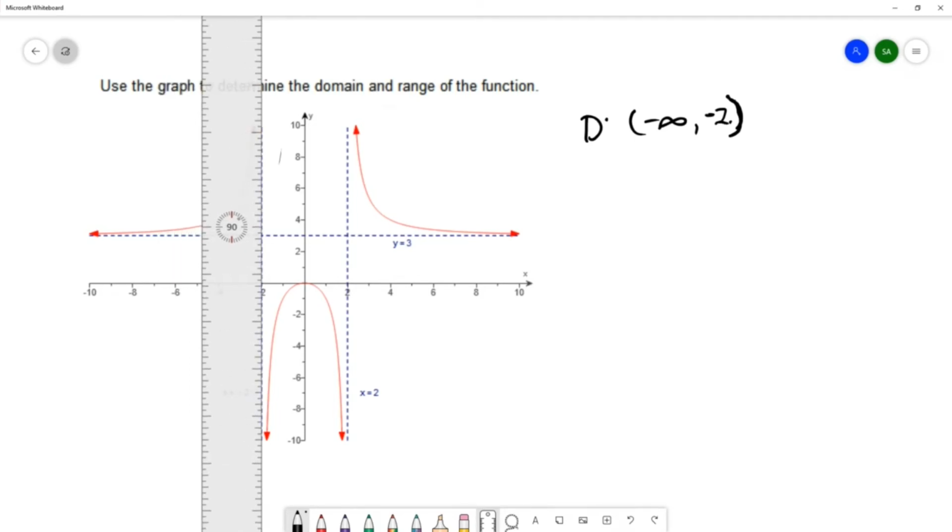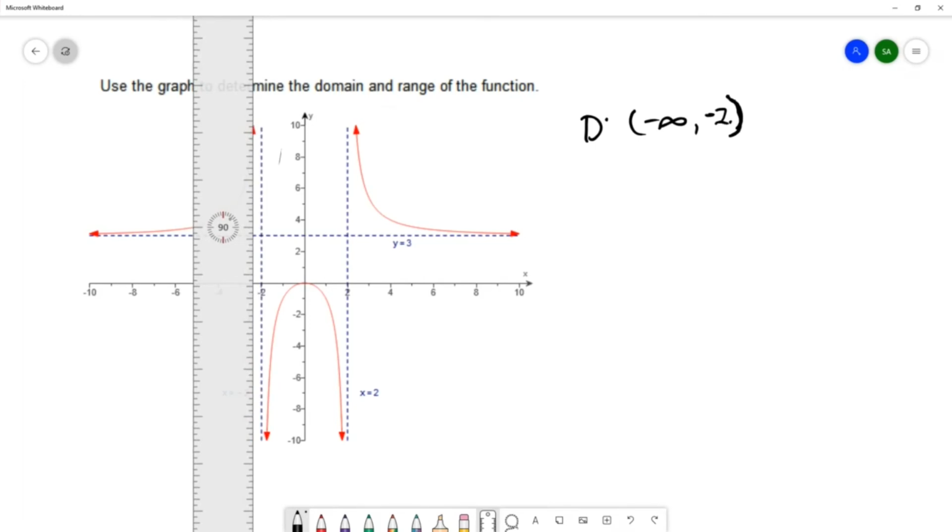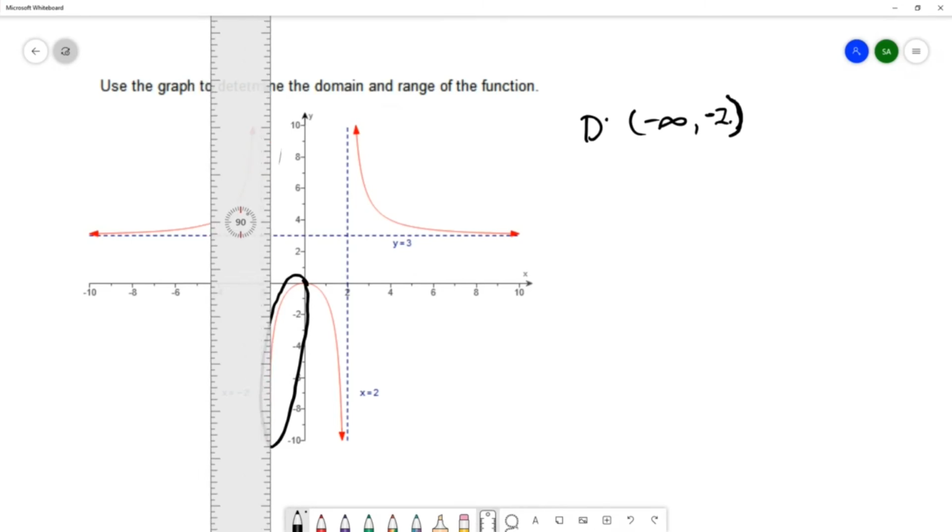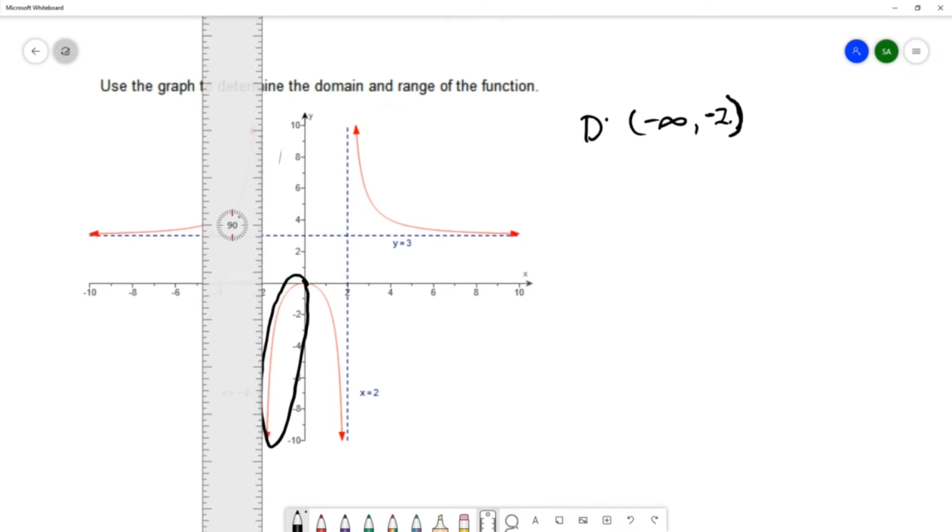However, right after the vertical line, you can see that the graph continues after that vertical dashed line. So my domain starts again. My domain is going to start back up at -2 and continue